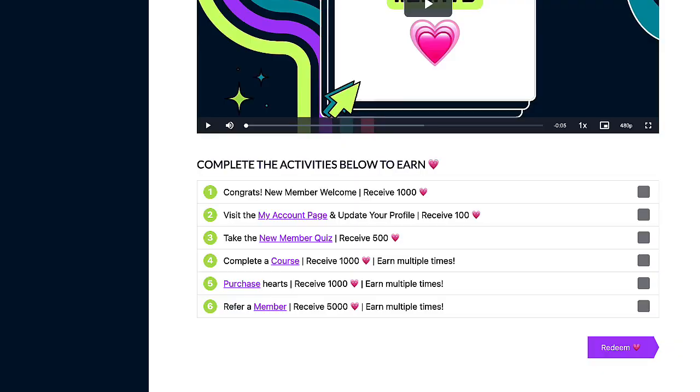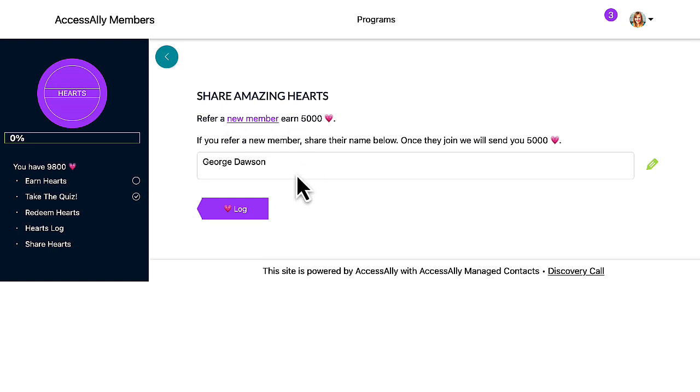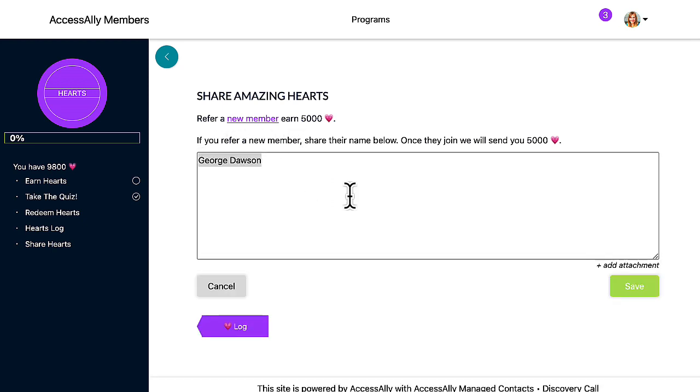Our final example for today is refer a member, get points. This is a popular request, and there are actually two ways that you could deliver this inside AccessAlly. Either way will work. It just depends on how you want them referring the members. So if they're referring friends and family, you may find an option of creating a private note where they can just share the name, and then you can check as an admin if that person's made a purchase